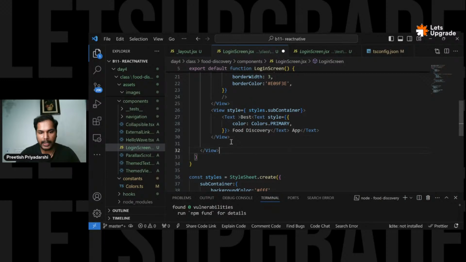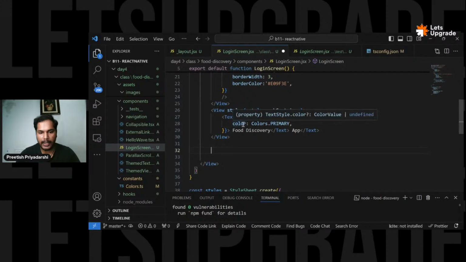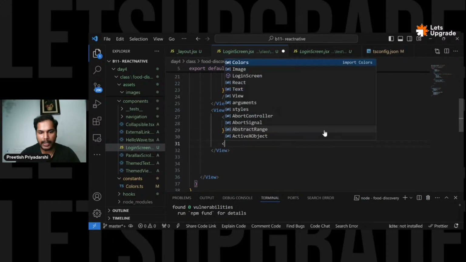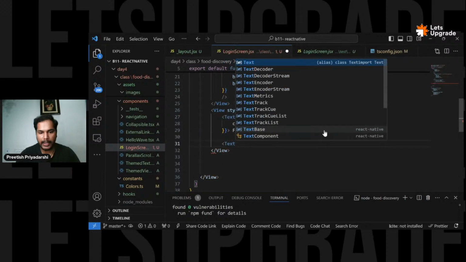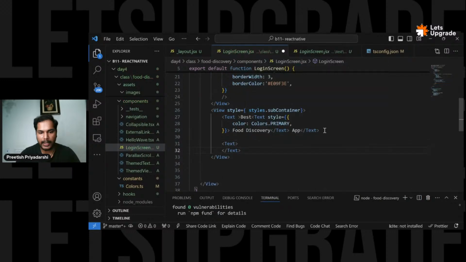we can add a subheading. For this subheading, we can add one more text. Like this is the header, and then we will be adding a subheader. For this subheader, what we can do is the text part. What we can write: